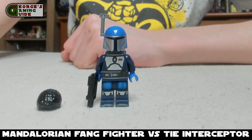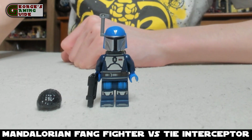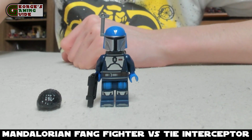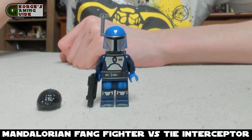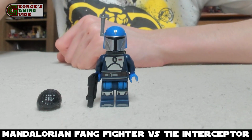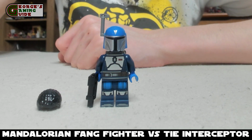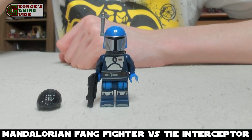So let's have a look at the minifigures. So first of all we have the Mandalorian Fleet Commander. So as you can see, he's in the rather generic dark blue and light blue Mandalorian armor, with obviously the Beskar silver details, I guess you could call it. And then he's got his rank on his top left of his chest plate, and then he's just got some